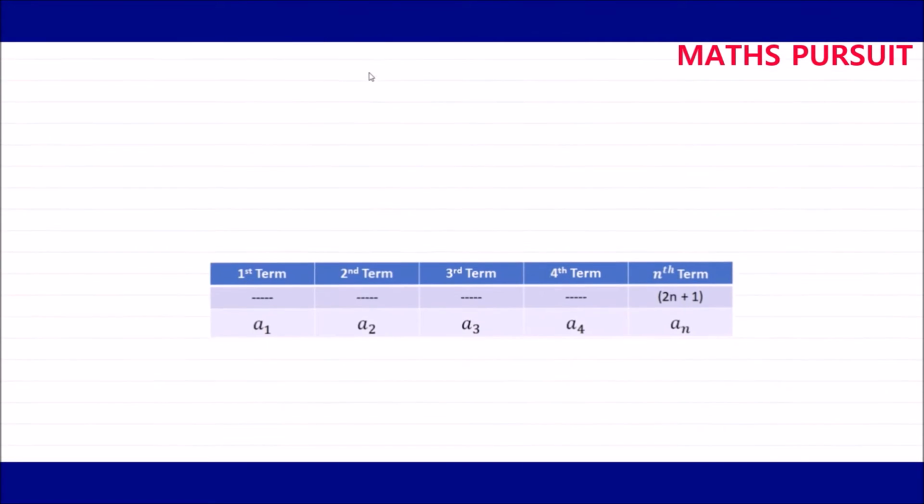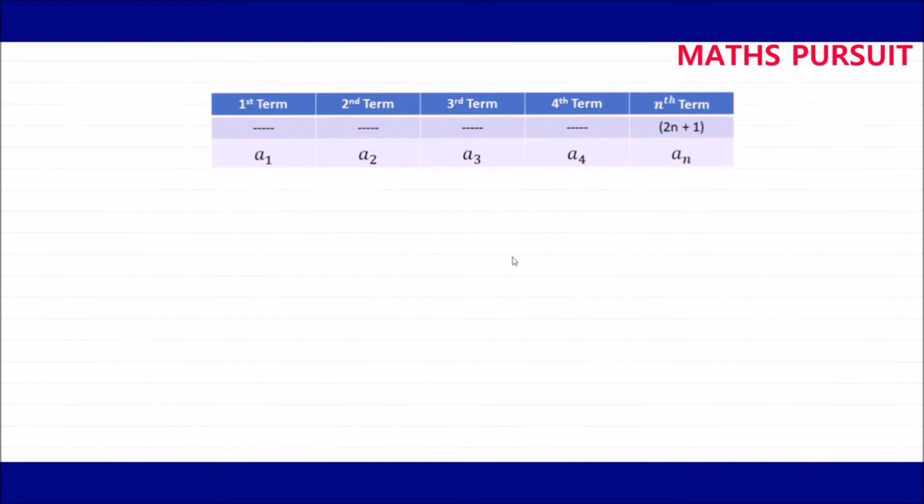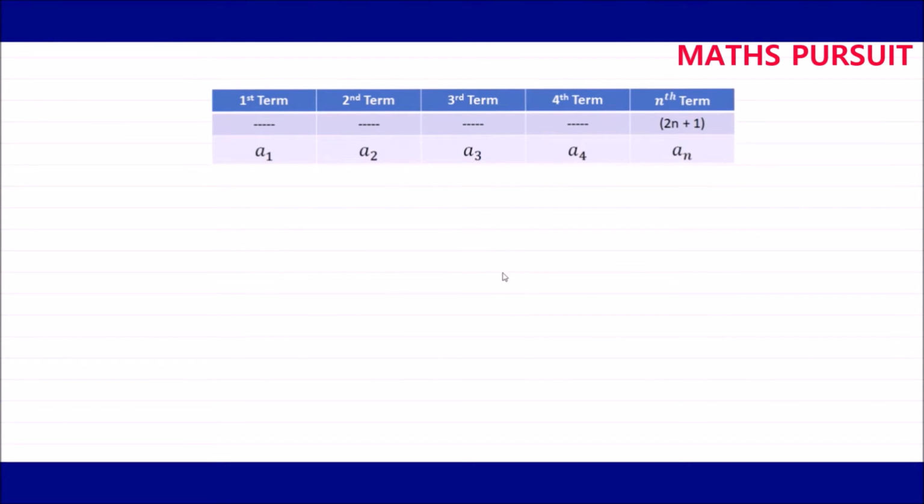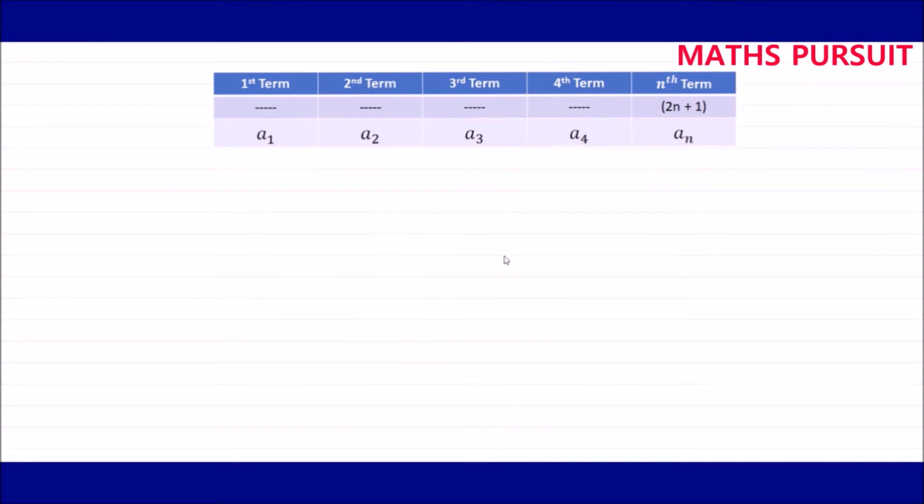If you look here, I have put this given arithmetic progression and tried to explain it in a tabular form. So you will see that here we have first term. They have not given anything. We don't know the first term, second term, third term, fourth term. But for nth term, they have given nth term as 2n plus 1. For that reason, I have written an is equal to 2n plus 1, guys. But from here, we can extract the values of first term, second term, third term, fourth term, whatever we want. See how we can do.